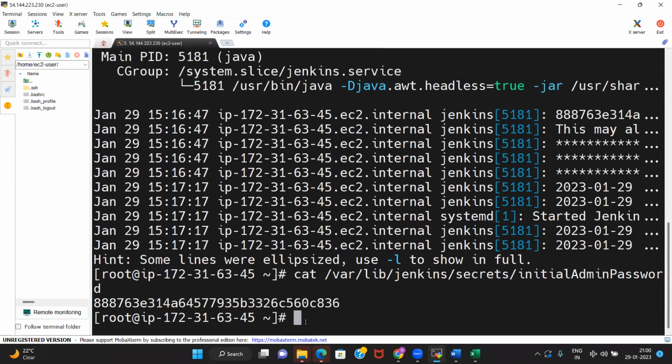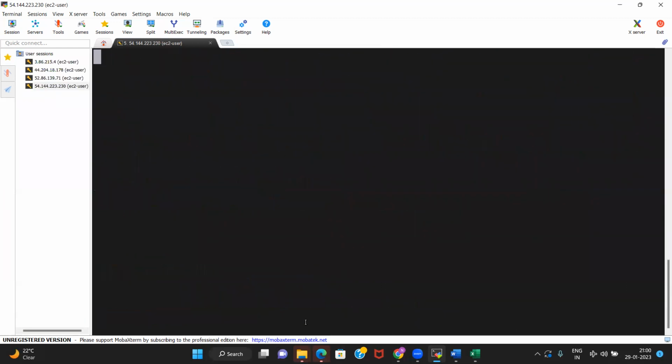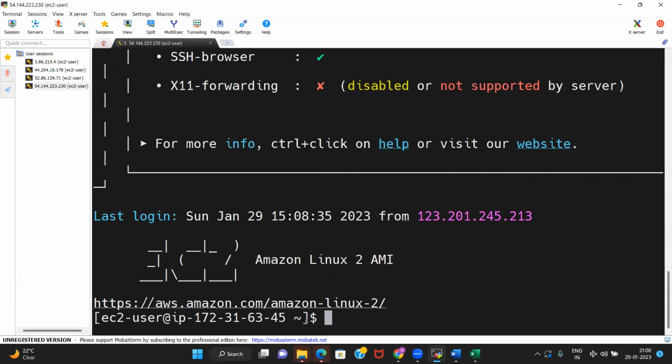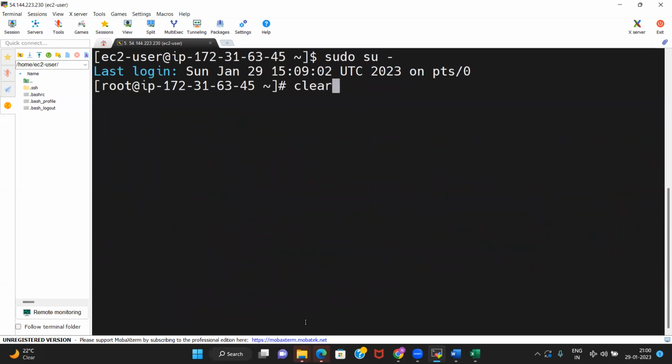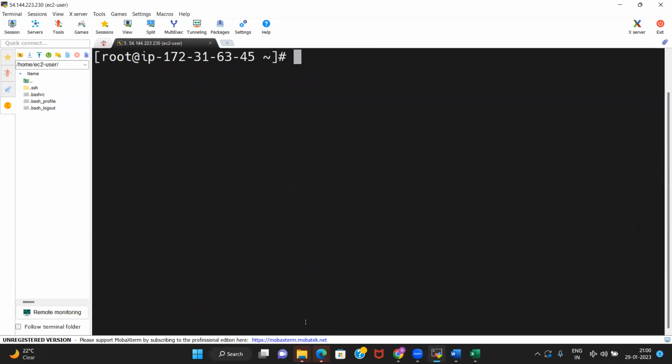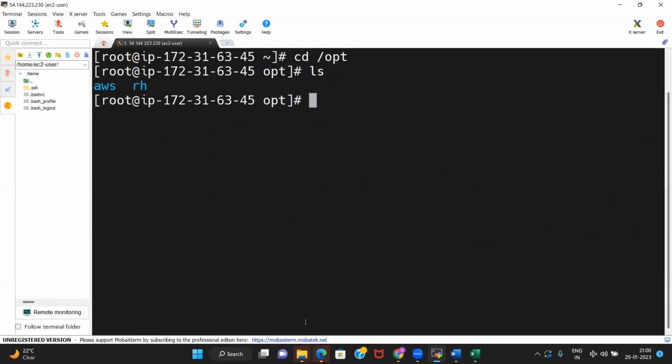It's got stuck. Let us wait. Okay, as for example, say cd /opt, I'm going to some folder, ls, and I'm doing, say, mkdir my new folder.